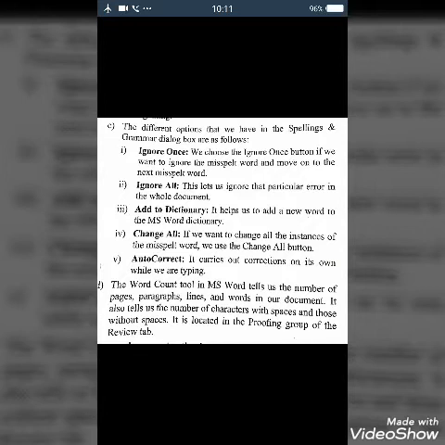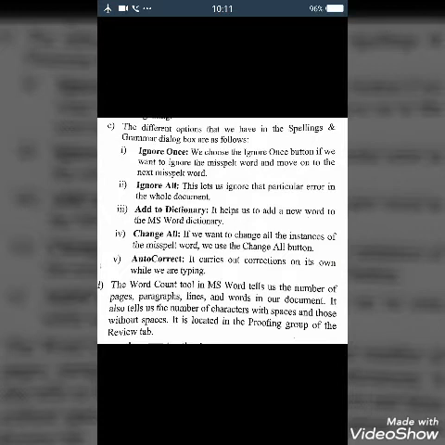Come to the third one, add to dictionary. It helps us to add a new word to the MS Word dictionary. Come to the fourth one, change all. If we want to change all the instances of the misspelled word, we use the change all button.